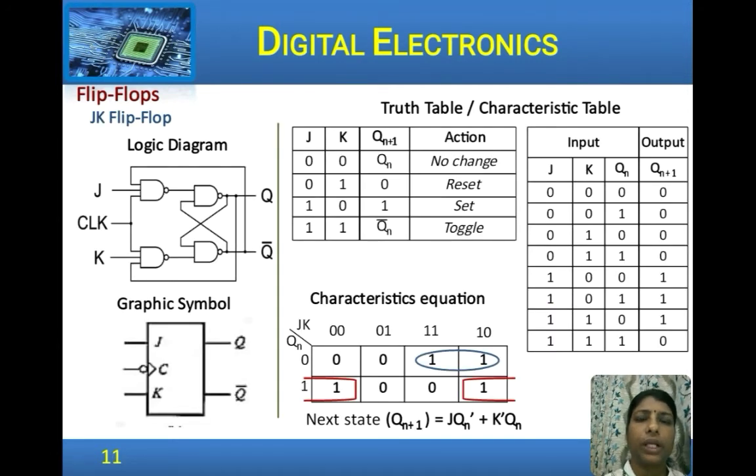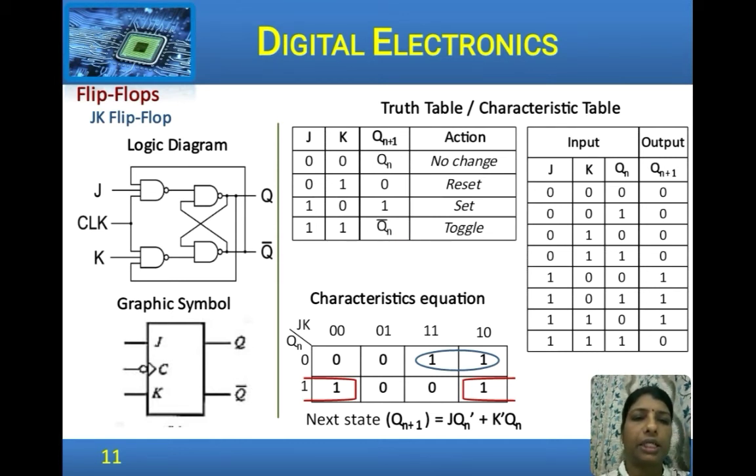Next we shall see one very important flip flop, the JK flip flop. We have seen in an SR flip flop that for the inputs S equal to 1 and R equal to 1, it is an indeterminate value and that cannot be used. A JK flip flop is an SR flip flop with the Q bar output given to S and Q given to R. So that becomes the inputs J and K. Here the truth table is very similar to that of the SR flip flop, but for the fact that for input values of 1 and 1, we have a valid output, that is Qn bar, the toggle output.